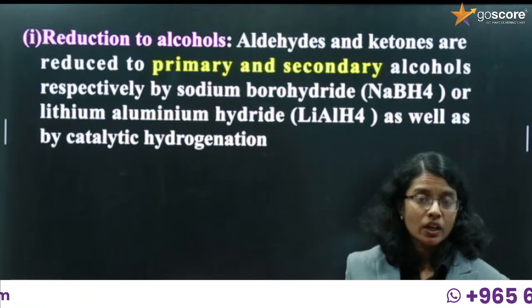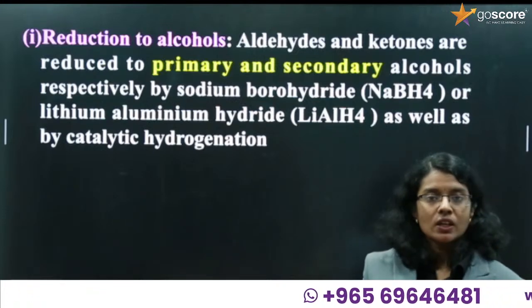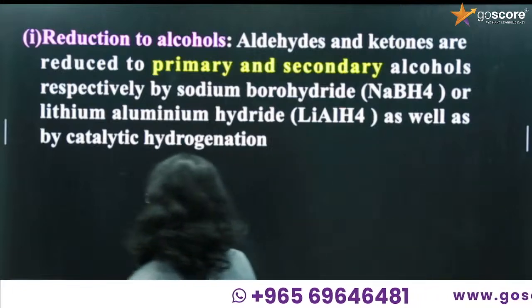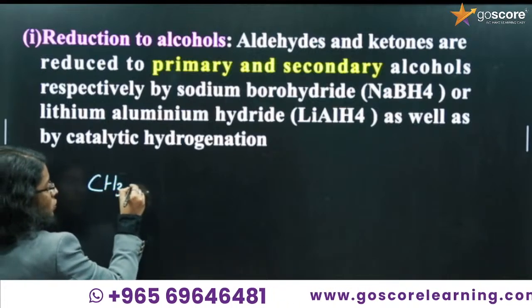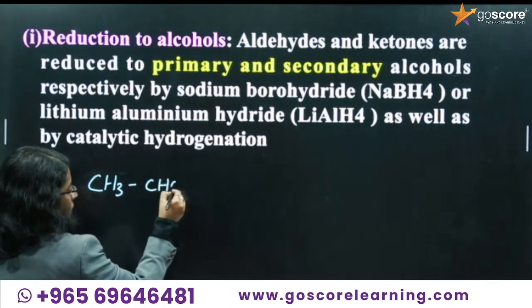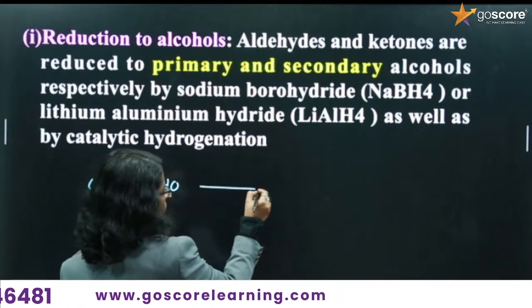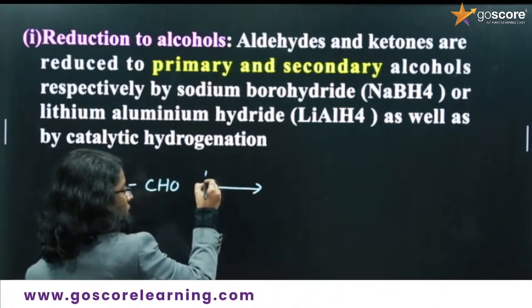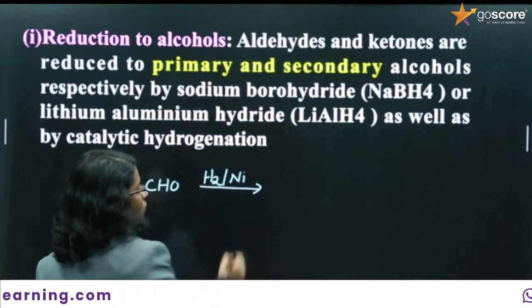Catalytic hydrogenation means the addition of hydrogen in presence of a catalyst. Here, this is CH3CHO. The CH3CHO on catalytic hydrogenation, that is addition of hydrogen in presence of a catalyst, you will get